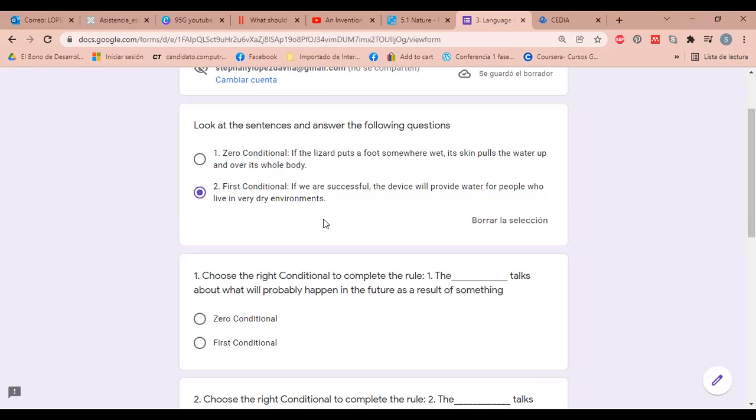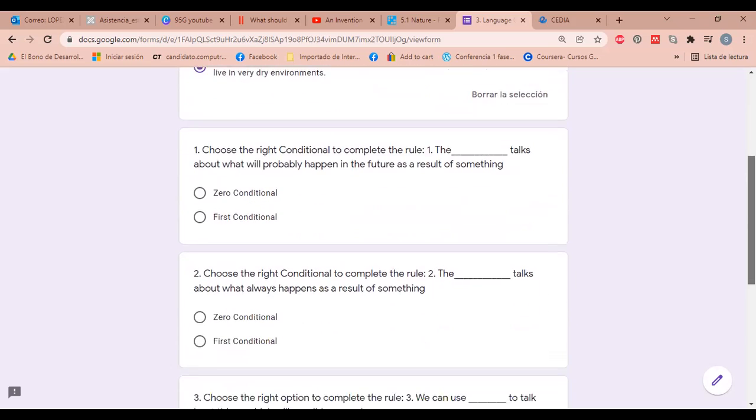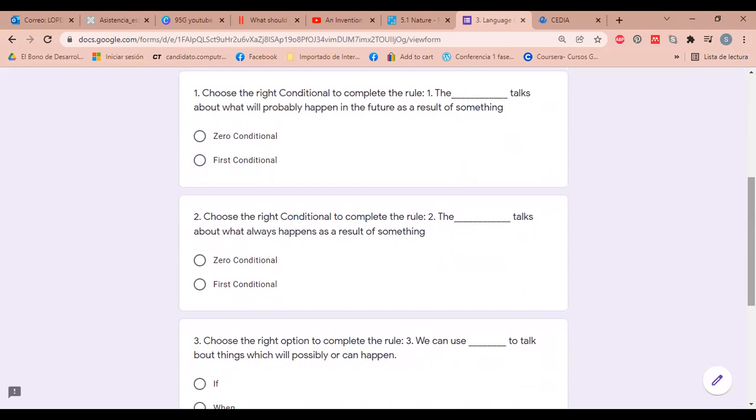What are you going to do, guys? In your groups, you're going to read carefully these 2 examples and you're going to answer these questions, these rules. Van a completar las reglas, ¿sí? So choose the right conditional to complete the rule.